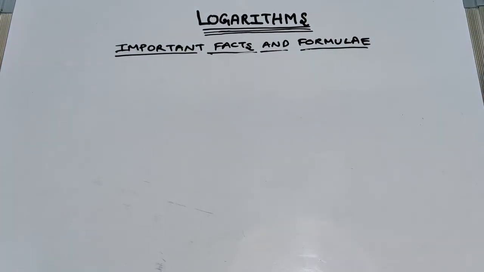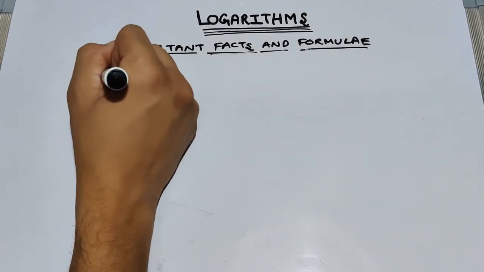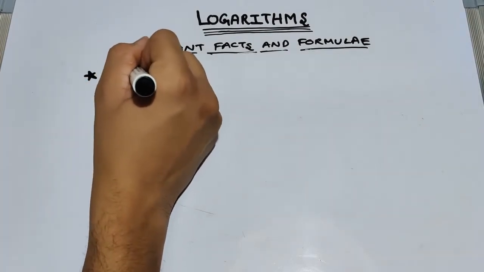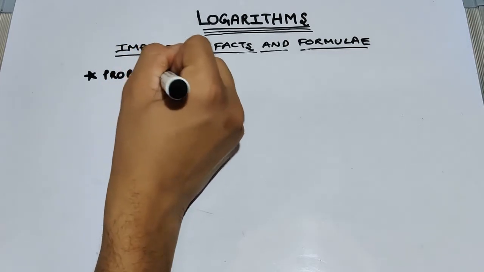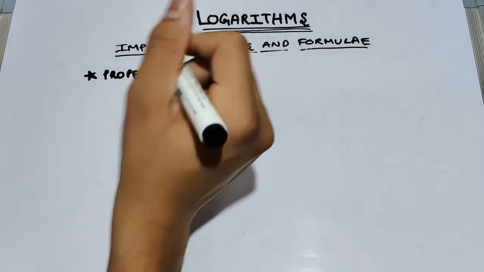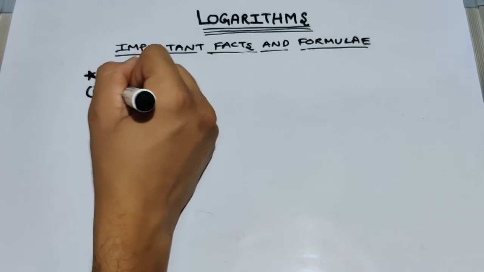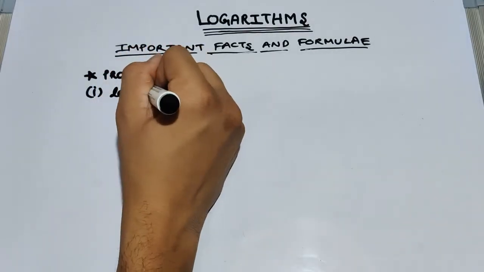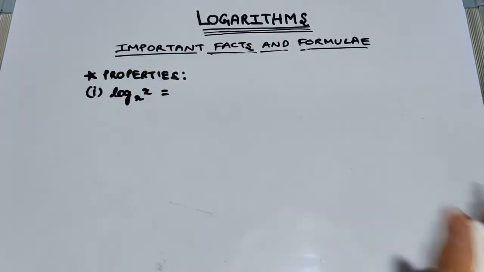Now after seeing the definition, let us move on to the properties, as in this chapter properties are very important. So let us simply jump to the properties. Our first property is log x to the base x is equal to 1. It is a property which you need to mark initially and later on it will be common sense for you guys.